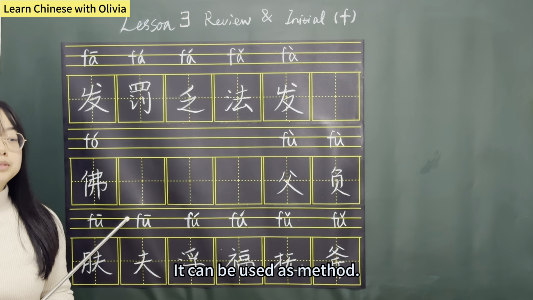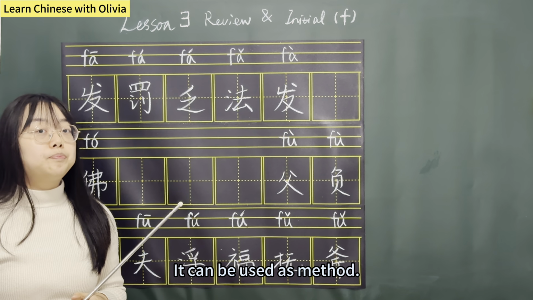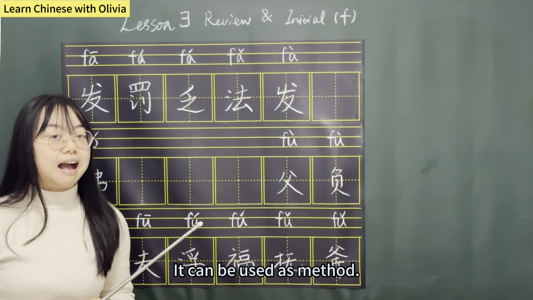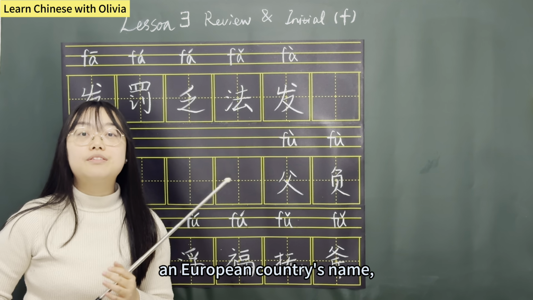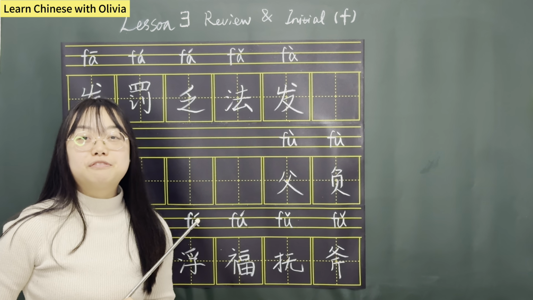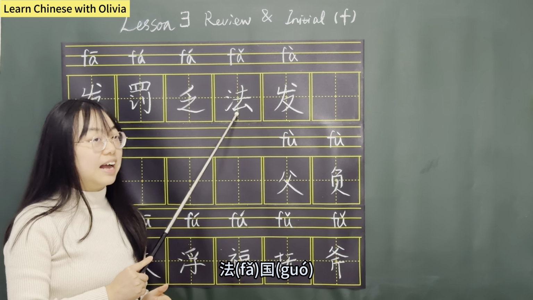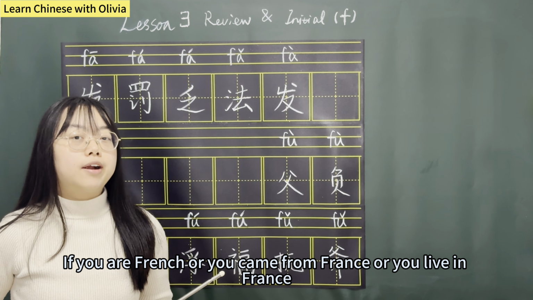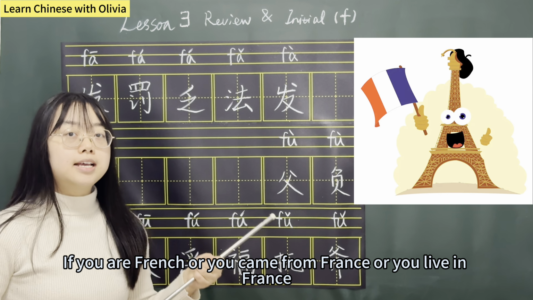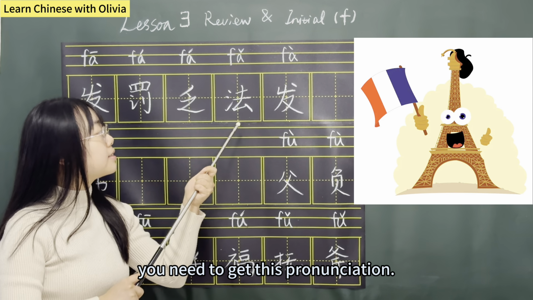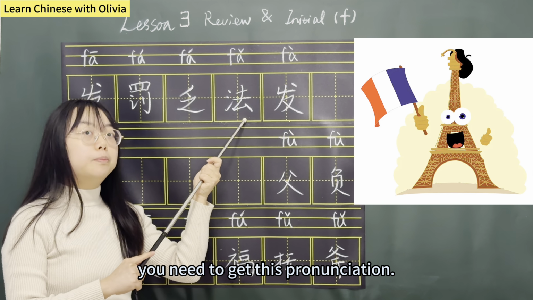It also can be used as a method, 法, and also can be called as a country's name, an European country's name. 法国, 法. So if you are French, or you come from France, or you live France, that means you live in or you born in